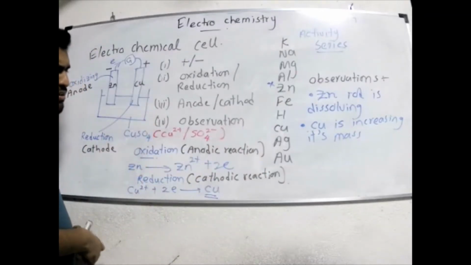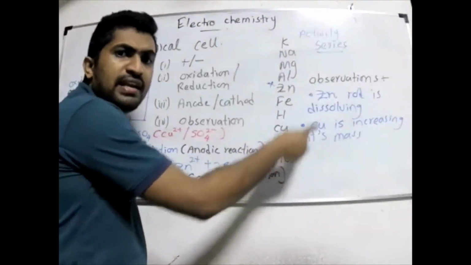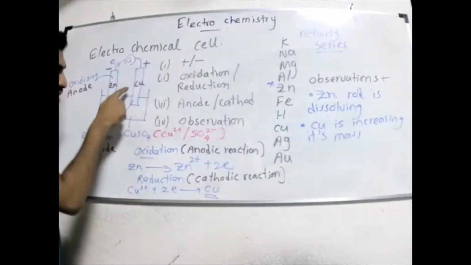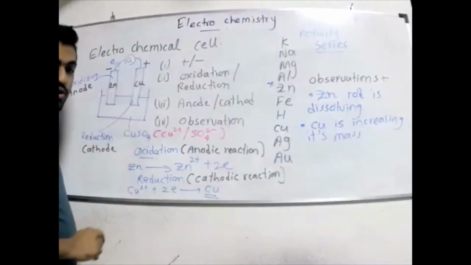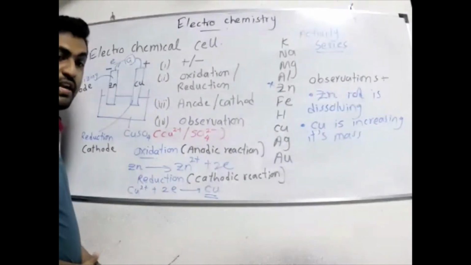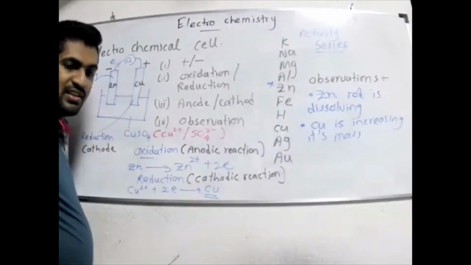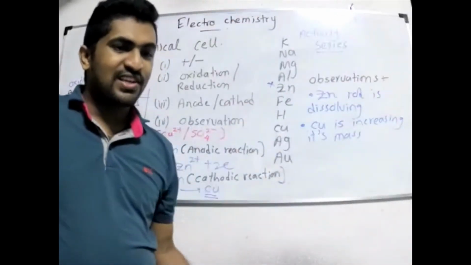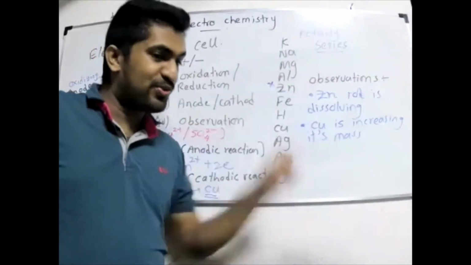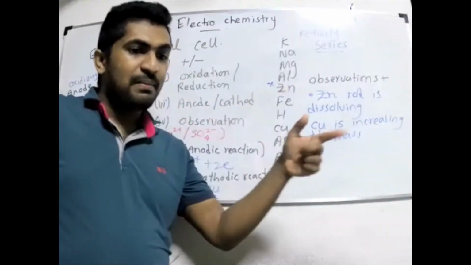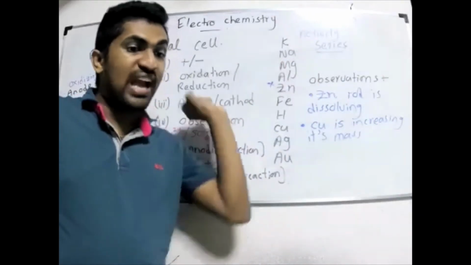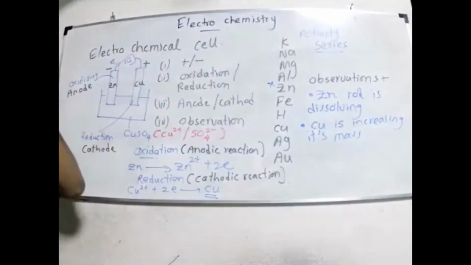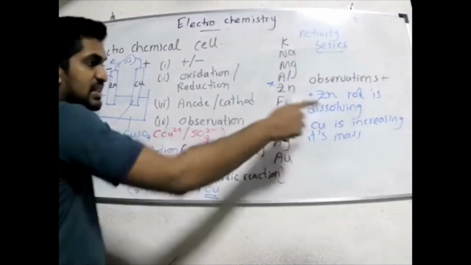But why can't you write this as plating copper on copper rod? Why can't I say that in the observation? In the observation, what you are observing? Can you see that copper is plating on the copper rod? You can't see that. You are seeing that the mass is increasing. But you cannot say it is copper. If you say it is copper, you are concluding it is copper. That means you have to go to the conclusion. In the observation: the copper rod is increasing its mass.